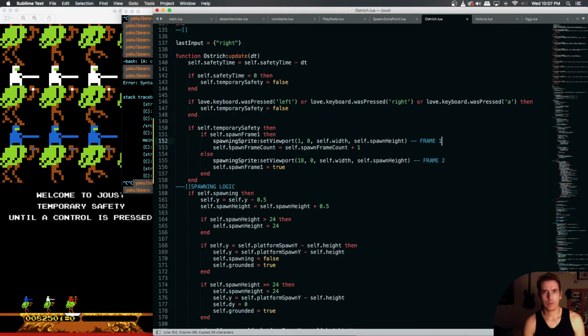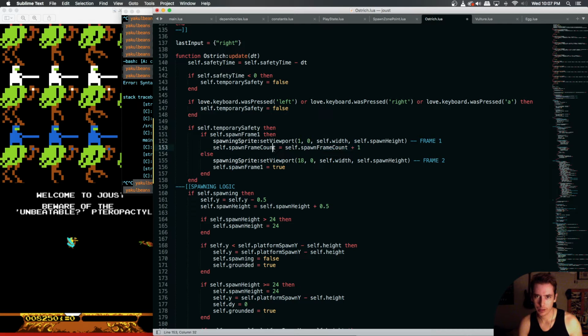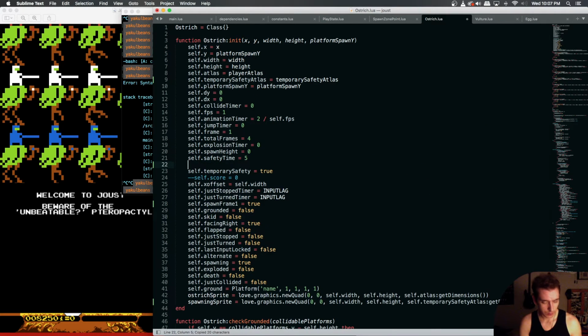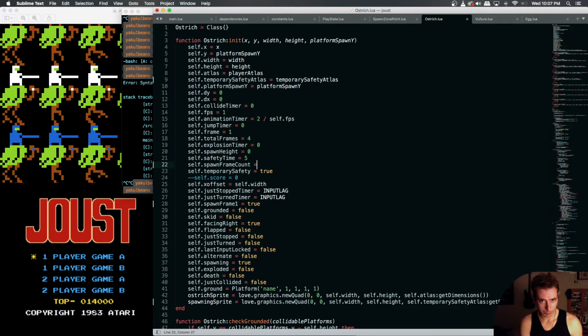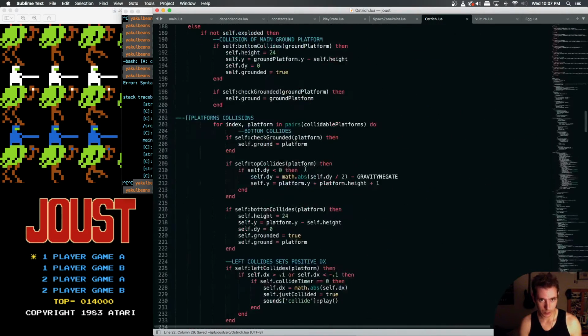So if we're spawn frame 1, we set it to frame 1 viewport. We increment this thing called spawn frame count, which we don't have yet. We need to give ourselves a field called spawn frame count that initially gets 0, so that's an integer, and then we